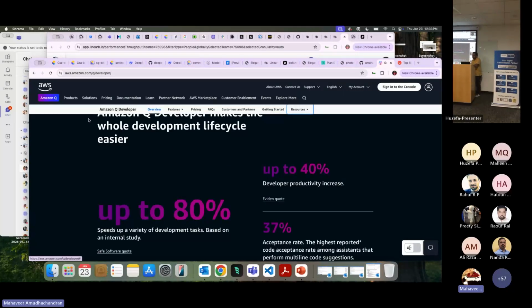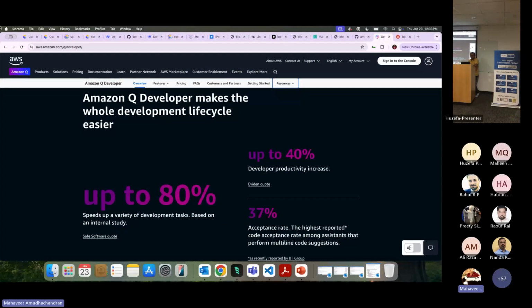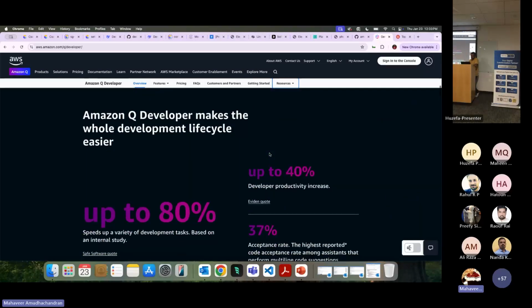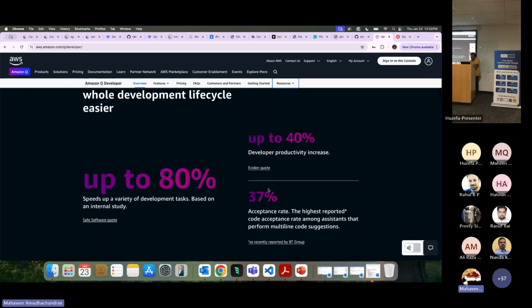There are a lot of AI tools available here. This is one of the statistics which I want to show. Amazon Q Developer is one of the coder tools available, which can be used, for example, to upgrade any projects, and the productivity of the developers can increase. The speedup of the developers is up to 80% for developing new features, bug fixing, or